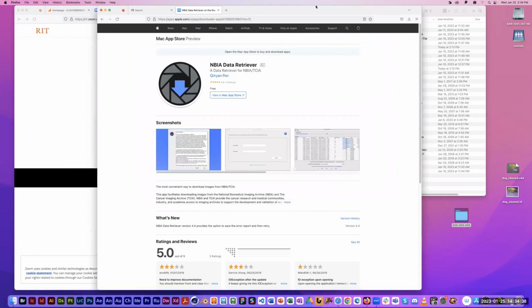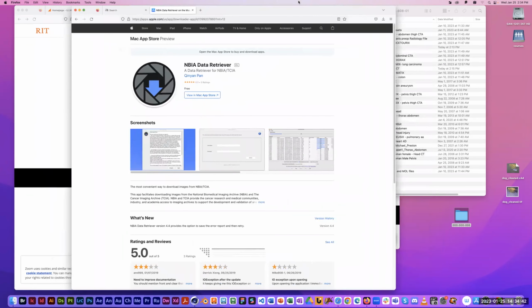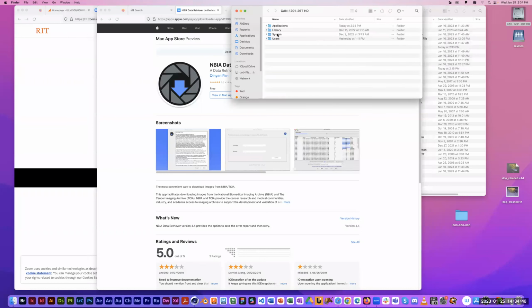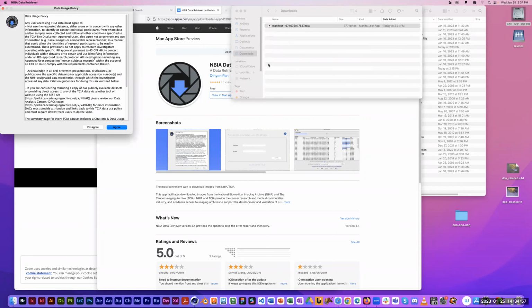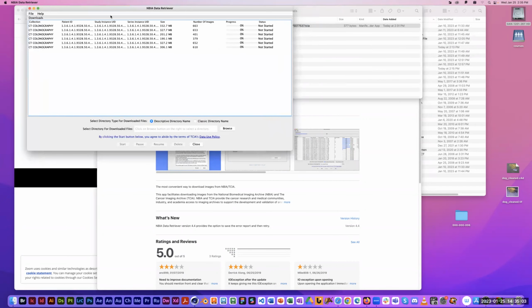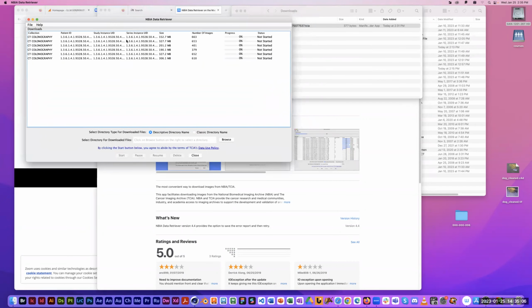So now, it downloaded something called a manifest file, which I saw earlier. I'm going to go back into my downloads folder. All right, so it actually did let me install it, and it has retrieved the NBIA data retriever